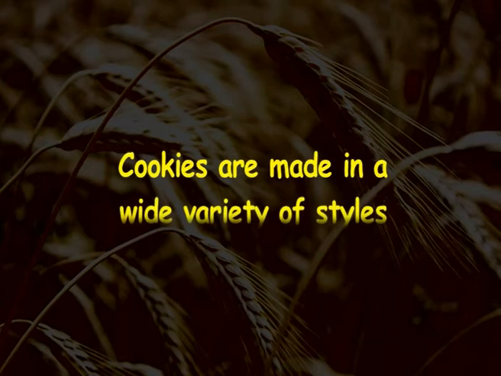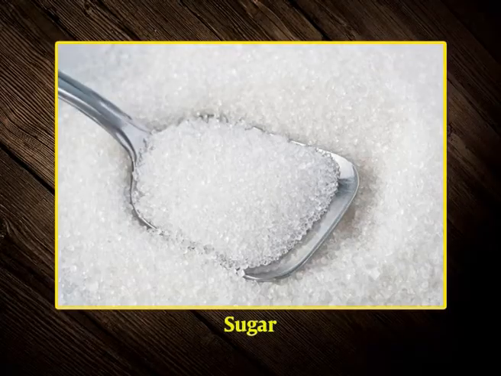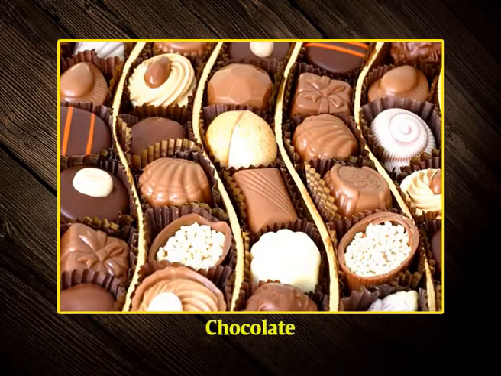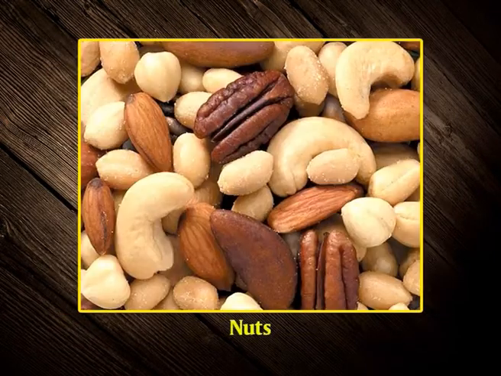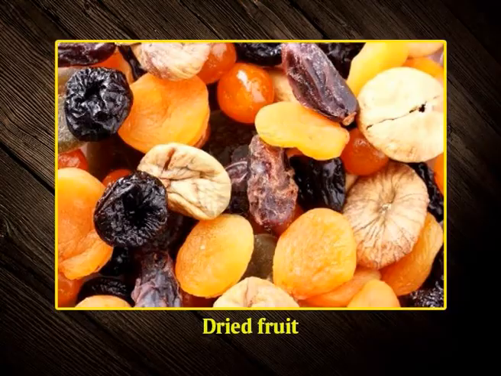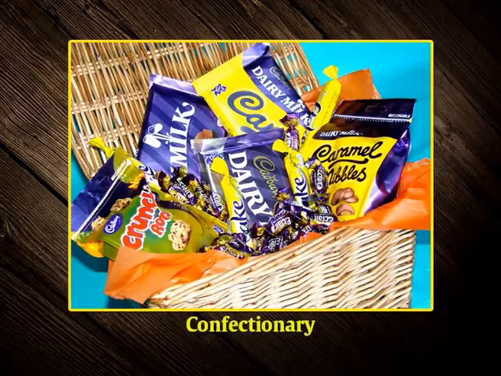But some kinds of cookies are not baked at all. Cookies are made in a wide variety of styles using an array of ingredients including sugars, spice, chocolate, butter, peanut butter, nuts, or dried fruits. The softness of the cookie may depend on how long it is baked. Cookies also may be decorated with an icing, especially chocolate, and closely resemble a type of confectionery.